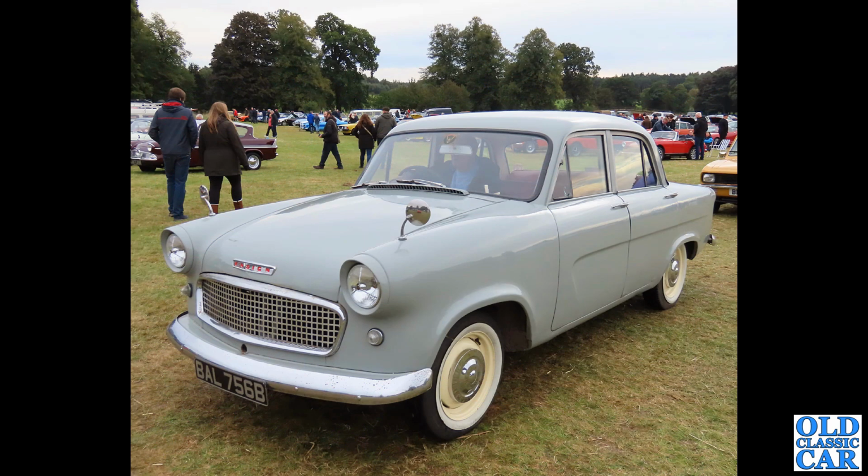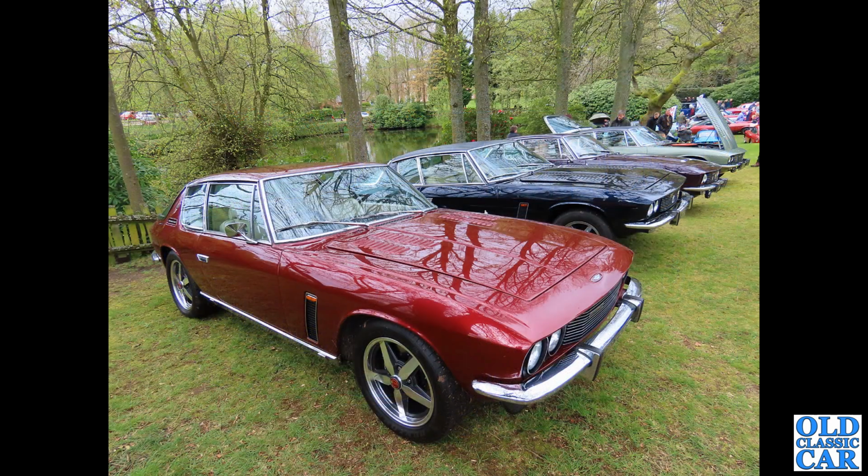This is a real rare one. This is the base spec, the entry level, I suppose you'd call it, the standard Ensign. This one's got a 64 registration, but yeah, a very, very rare survivor, that one. That's great to see. Okay, and at Gaydon...